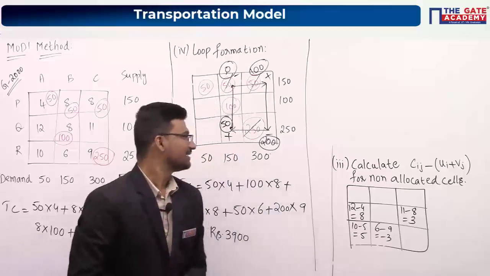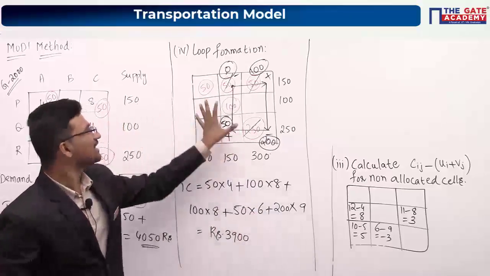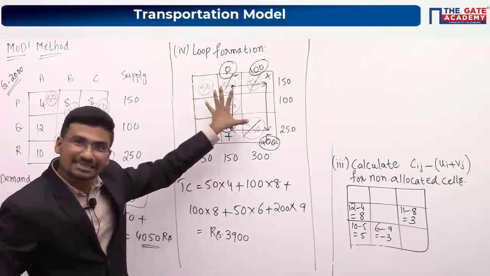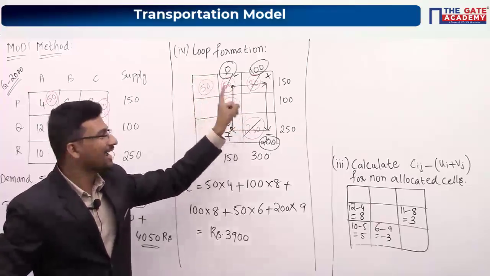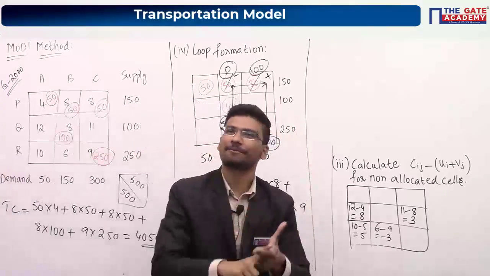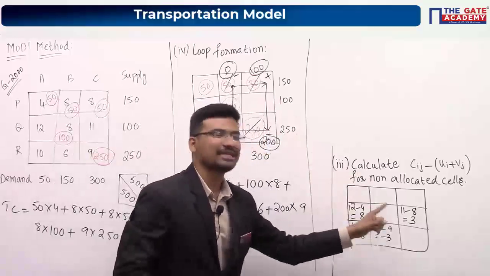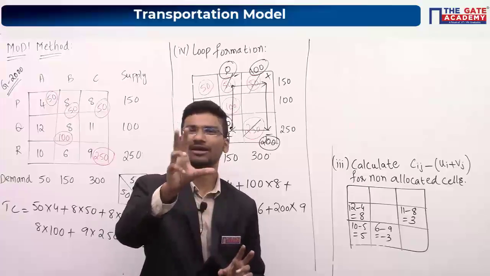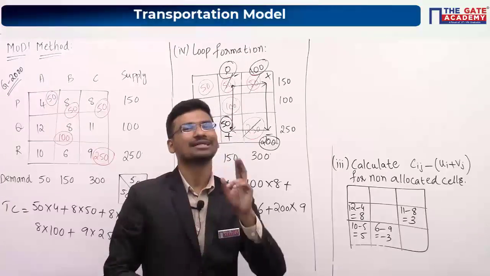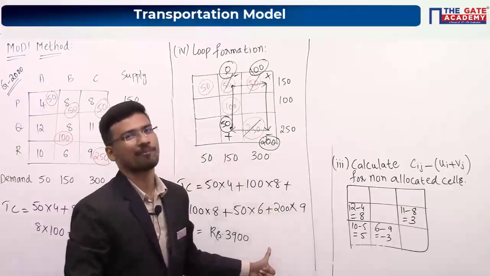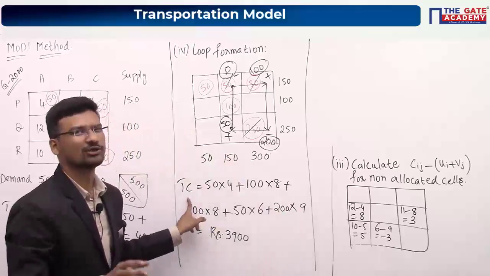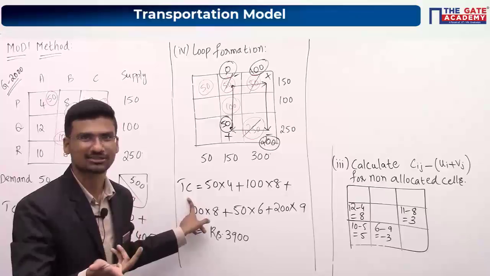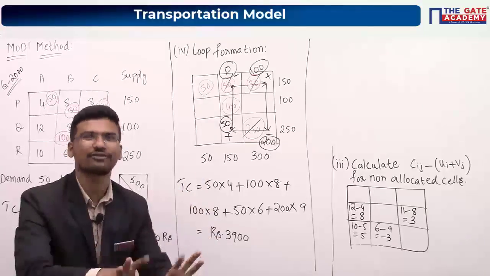So listen. Now what you have to do? Now these are your new allocations, right? By considering this particular matrix, again we need to follow step 1, step 2, step 3. In step 3, if you are not getting any negative value, that means if all the values are non-negative, then only we can conclude that this is optimal solution. That's why I have written only total cost. That's why I have not written it as minimum cost or optimal cost. It is just total cost as of now.